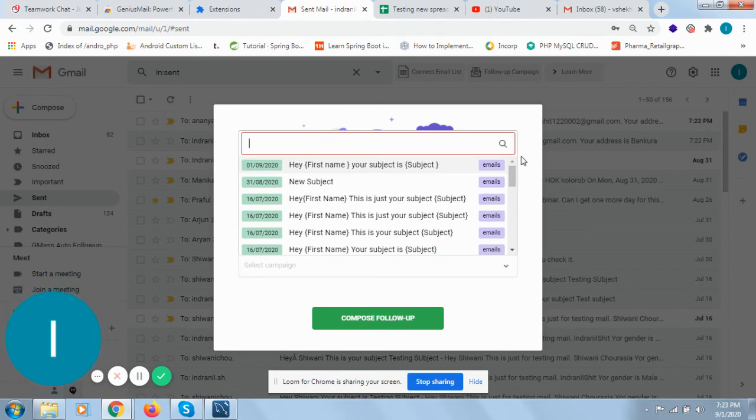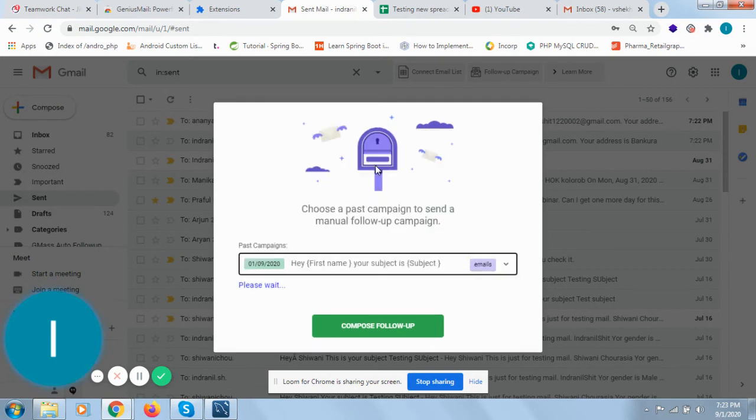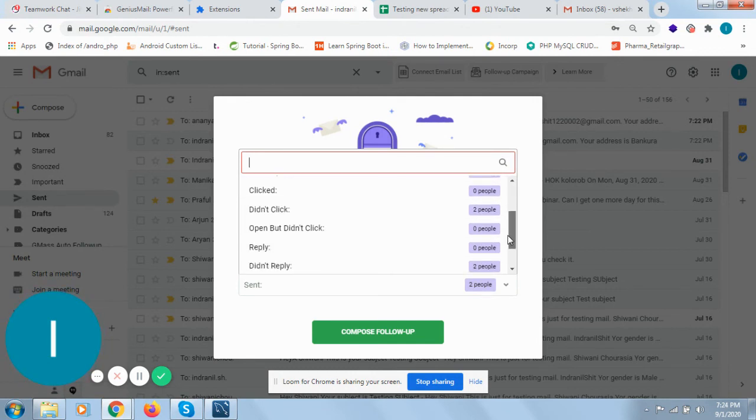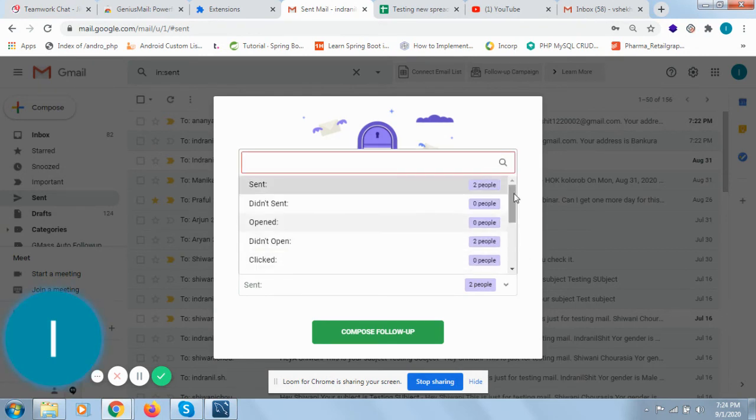If you choose the last campaign, you will get to know all the information: to how many email addresses it has been sent and to how many it didn't, how many people opened, how many didn't open, how many clicked, didn't click, opened but didn't click, how many replied, didn't reply, opened but didn't reply. And if any Gmail API error comes, that will also be logged over here.